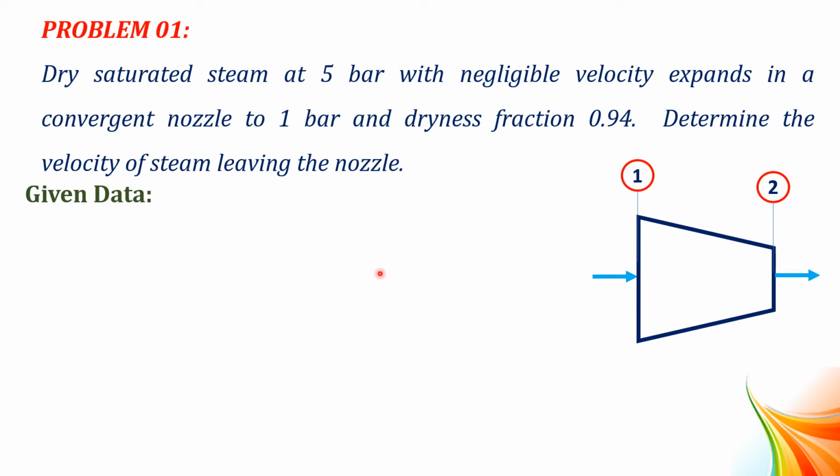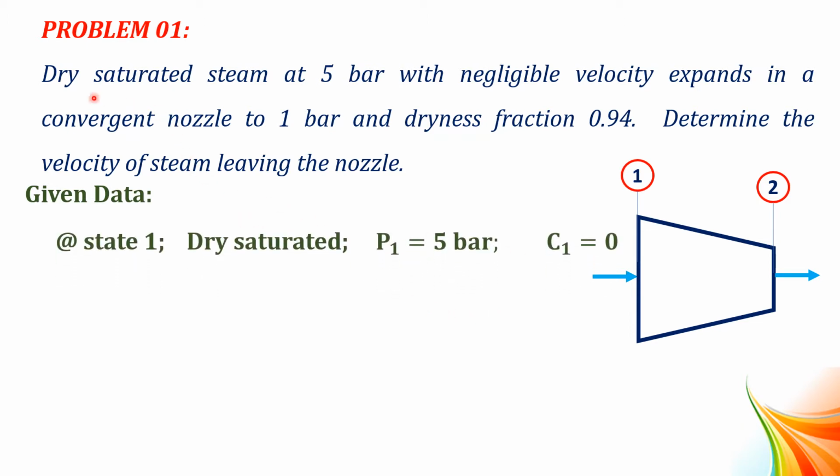Now we have to write the given data. At state 1, the steam is dry saturated and at 5 bar pressure. So initial pressure P1 equal to 5 bar, and with negligible velocity, so initial velocity C1 equal to 0. It expands in a convergent nozzle to 1 bar. After expansion in the nozzle,